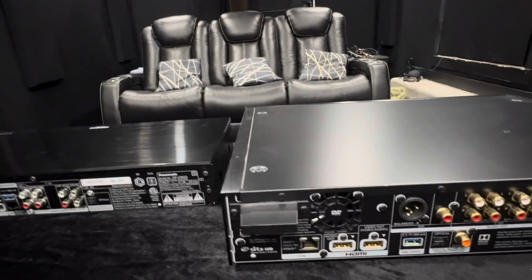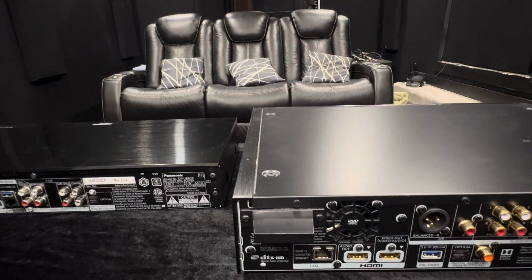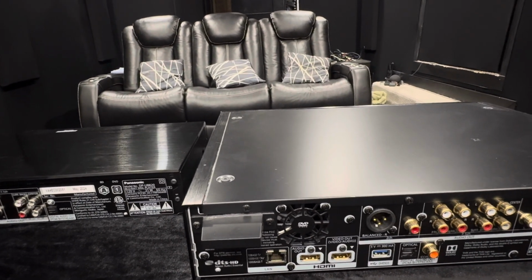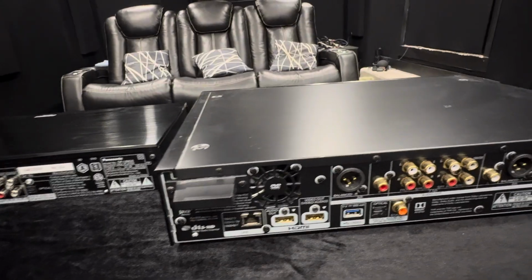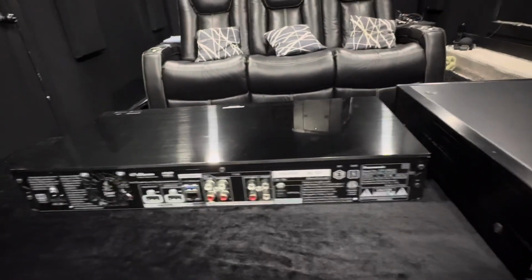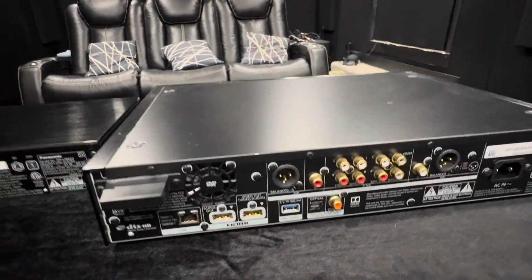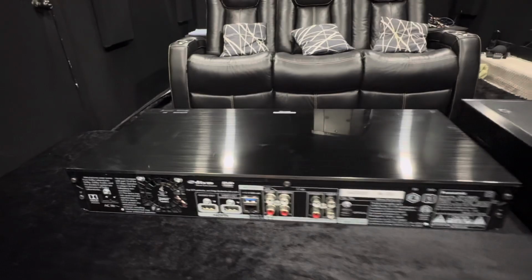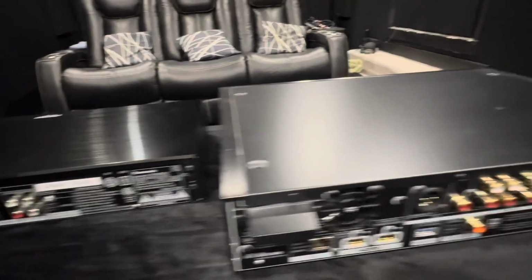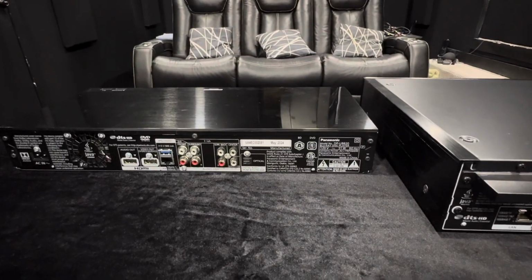Now, I ain't taking this thing apart and looking on the inside. I don't want to void what kind of warranty I may have or anything like that. But I can tell you right now the insides of these are totally different, and I'm sure you can pull it up online. There's a reason why this box weighs 17 pounds versus this one weighing like 2 or 3 pounds, whatever. So there's a difference. So I'm going to go get the remotes, and we're going to compare the remotes,